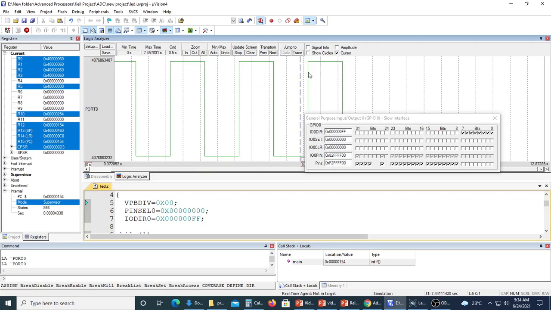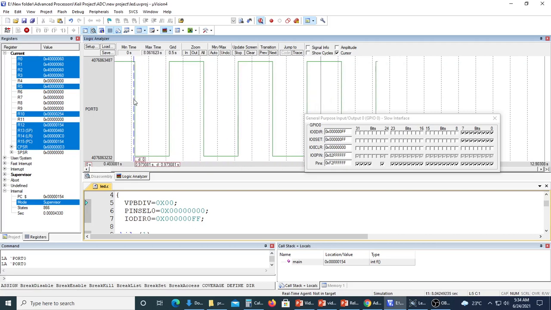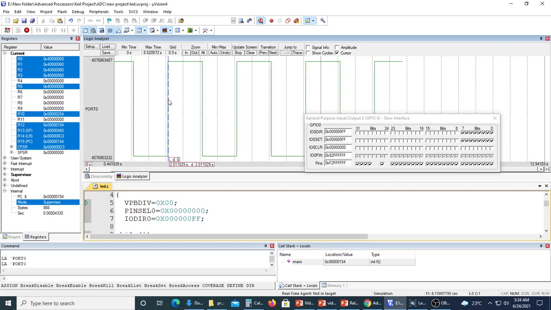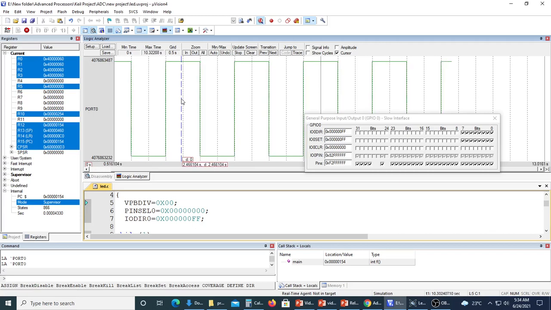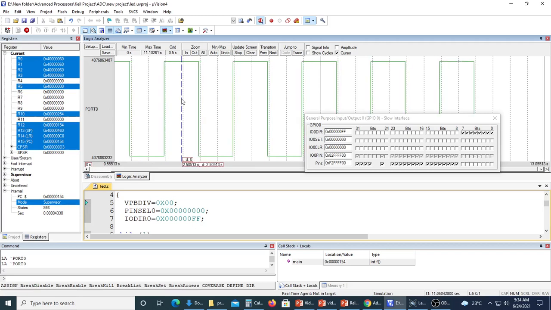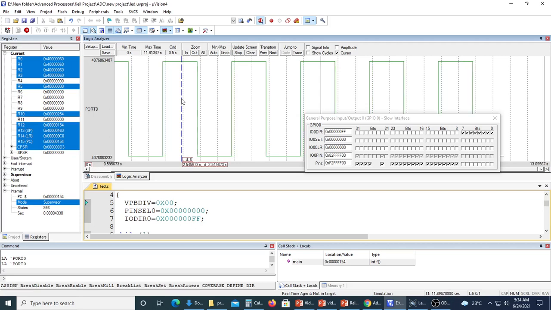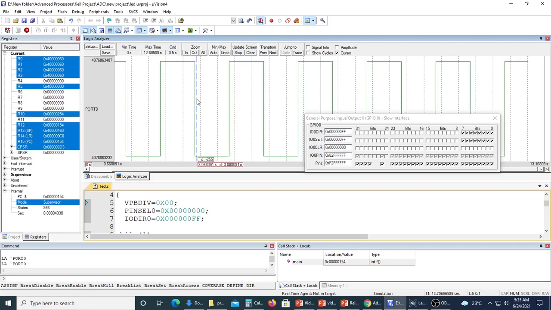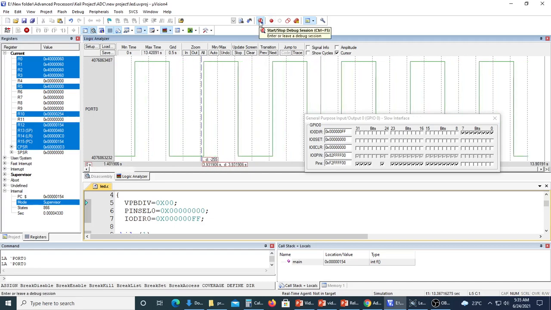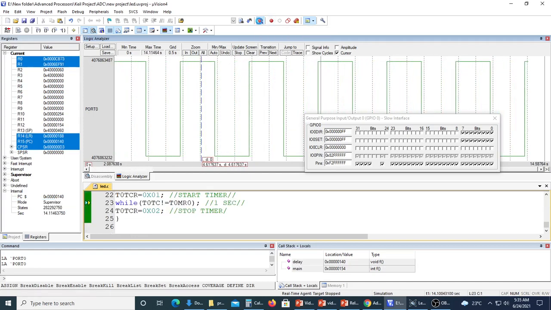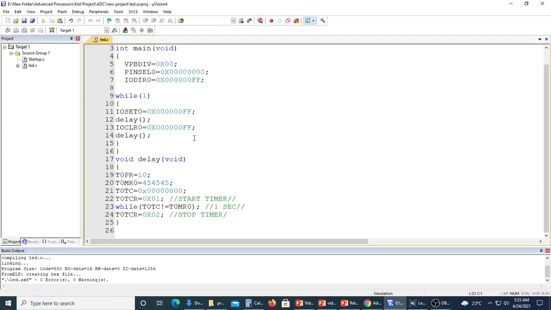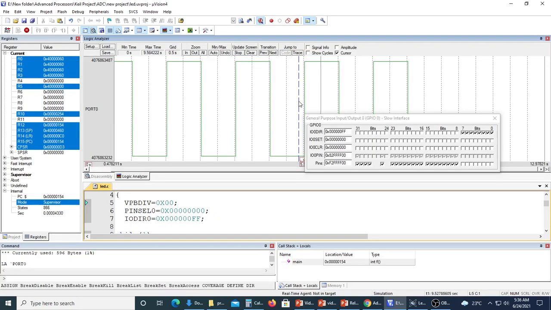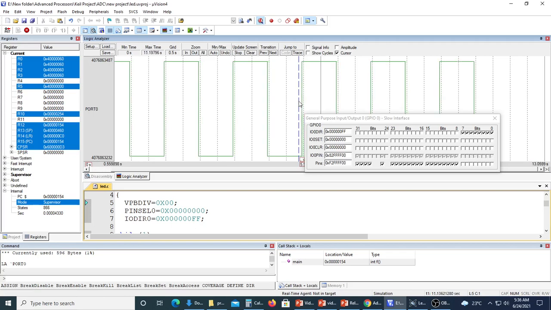As you can see in the logic analyzer also, for some period it is in the off condition, for some period it is in the on condition, which means the LED will be on for 1 second and off for the next 1 second. This will happen forever as we have used a while(1) loop. Then after that you can stop it and run this program again. So in this way we can generate a delay by using the timer of LPC2148.